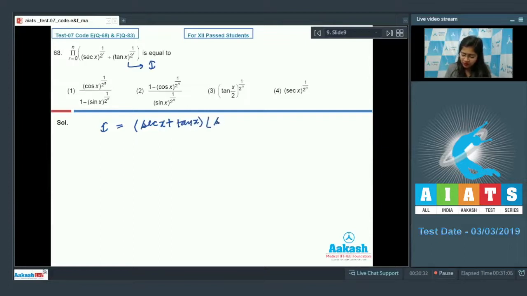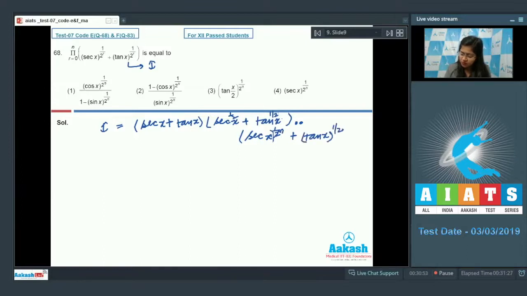Putting r equal to 1, we will get secant x raised to the power 1 by 2 plus tan x raised to the power 1 by 2 and so on up till secant x raised to the power, when r is equal to n, that is 1 upon 2 raised to the power n plus tan x raised to the